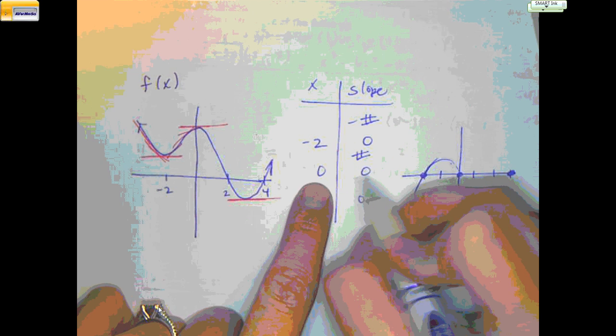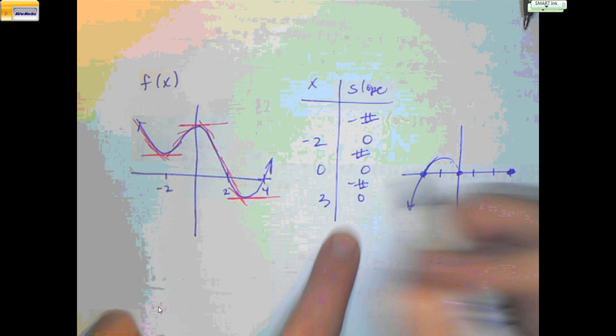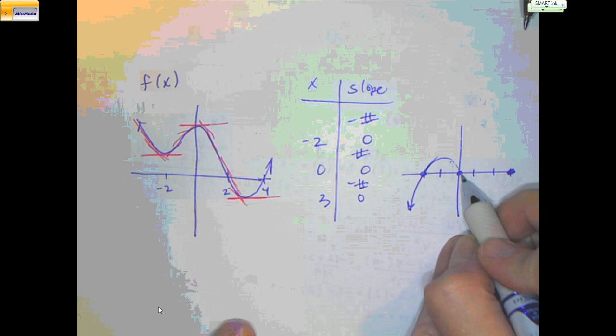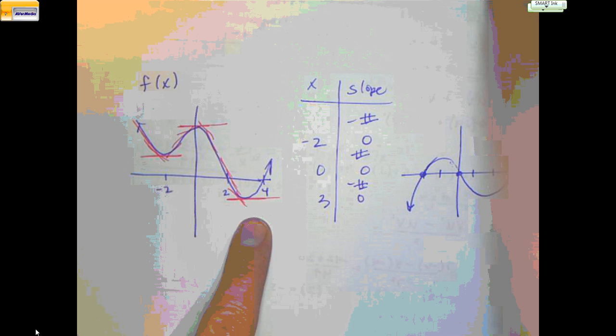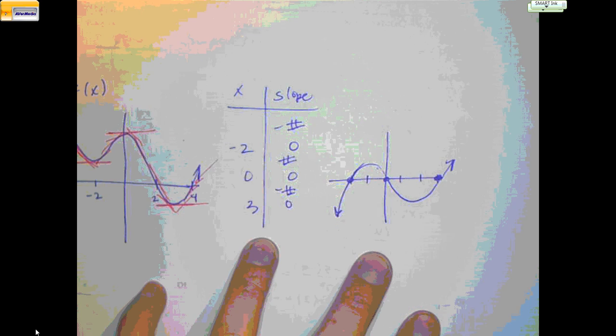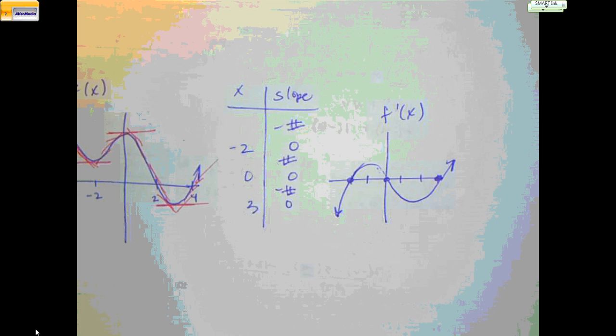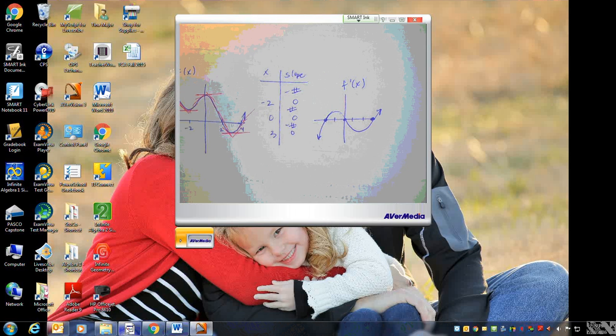Until we get to 0, 0, and then what happens to our slopes? They're all negatives until we get to 3. So all of these are negative values. All those y's are now below the x-axis. And then, of course, these last little bits, all of those tangents are positive, so it's now above the x-axis. So there's your derivative. Alrighty, let me turn this off. Do we turn the curve